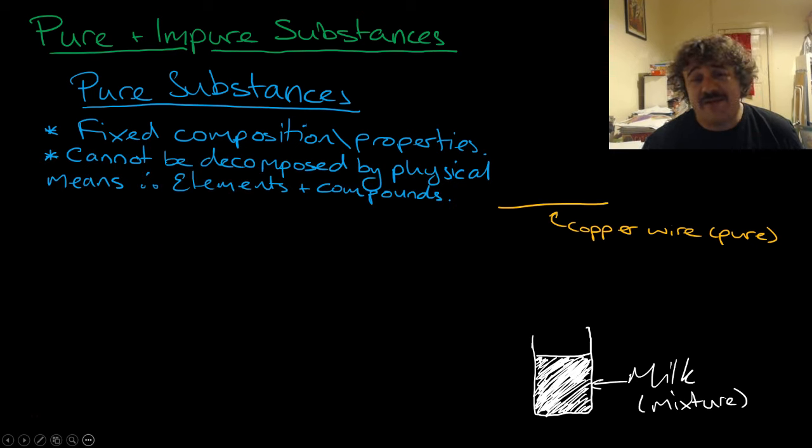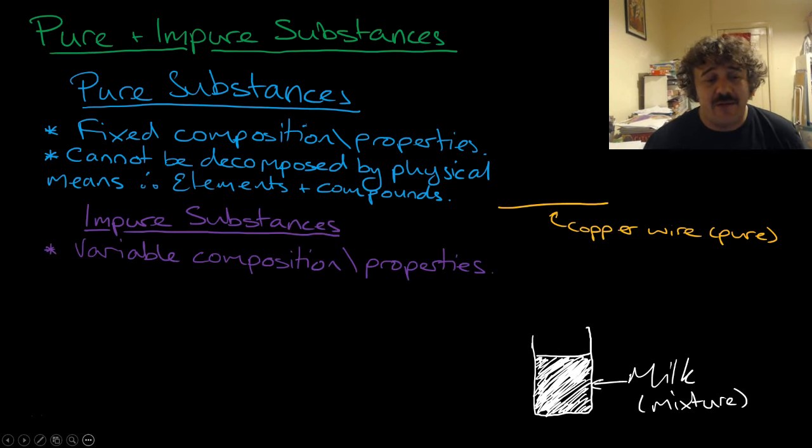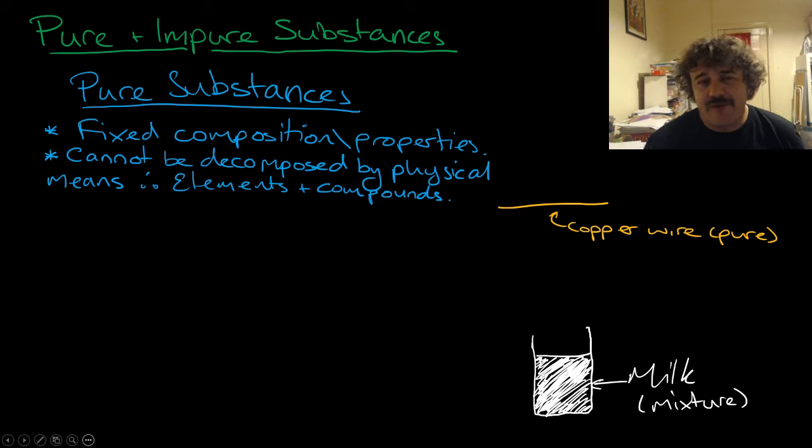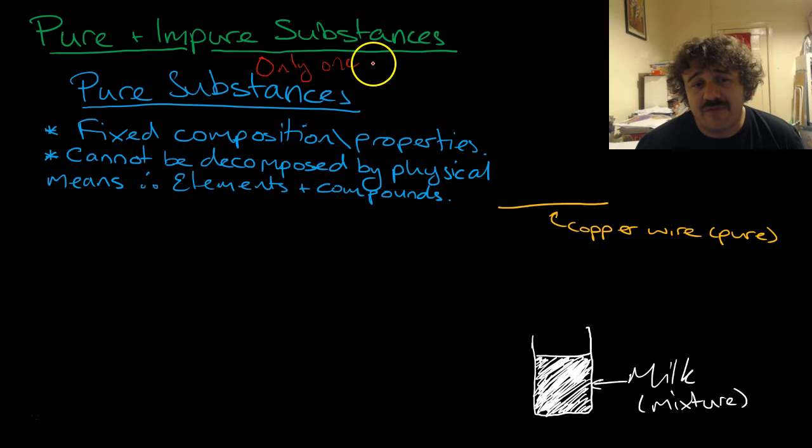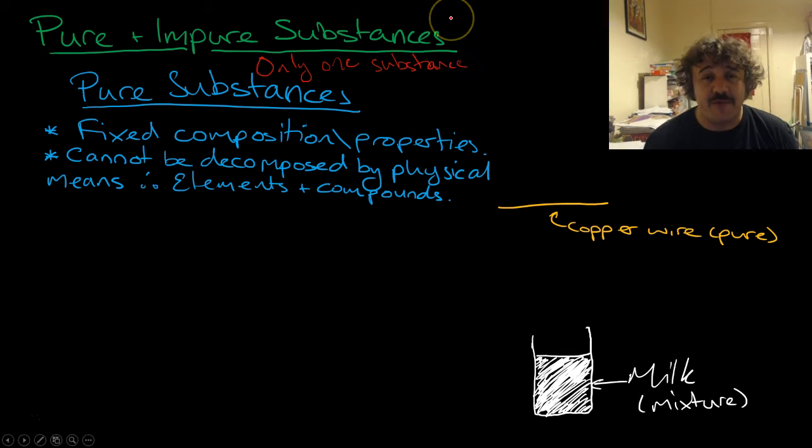It cannot be decomposed by physical means. This means it is an element or a compound. One thing that's not mentioned there, which probably should be: a pure substance has only one substance in there. So there's nothing else in there mixing it up. Now I know that seems super basic, but we're putting that really basic one in there just to make sure